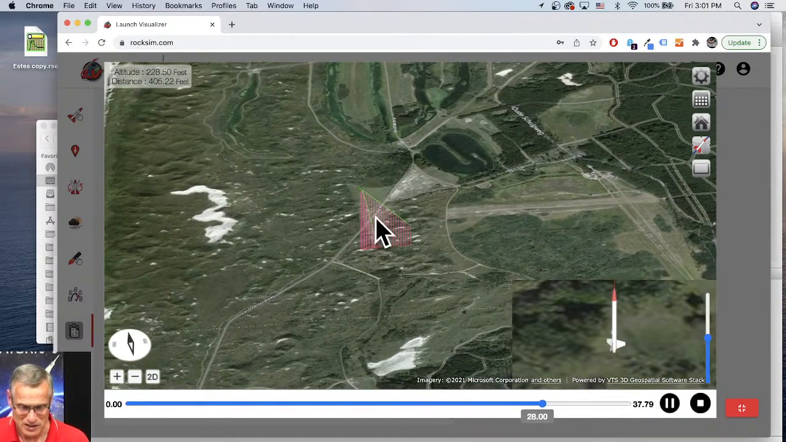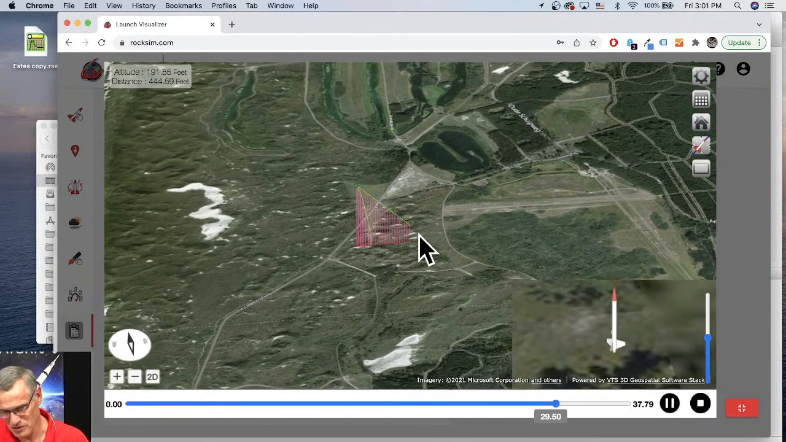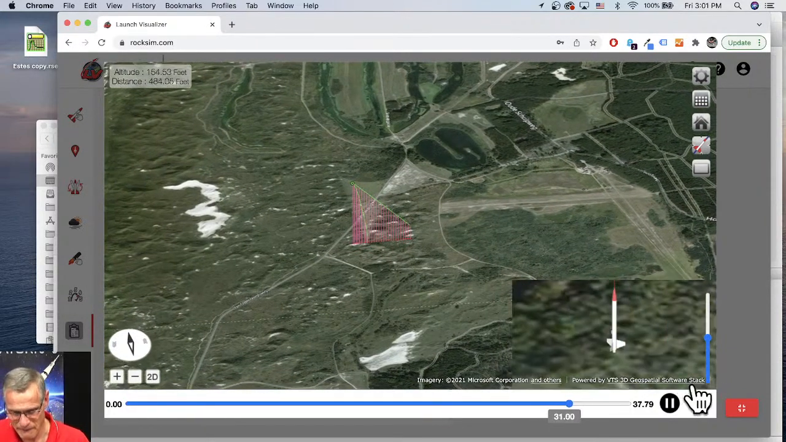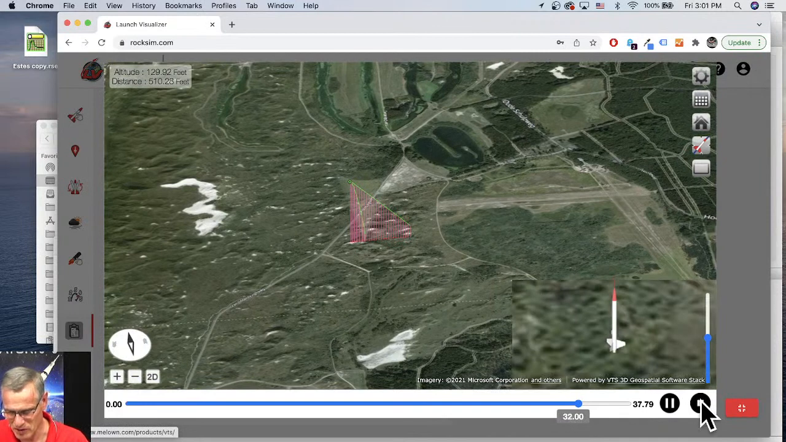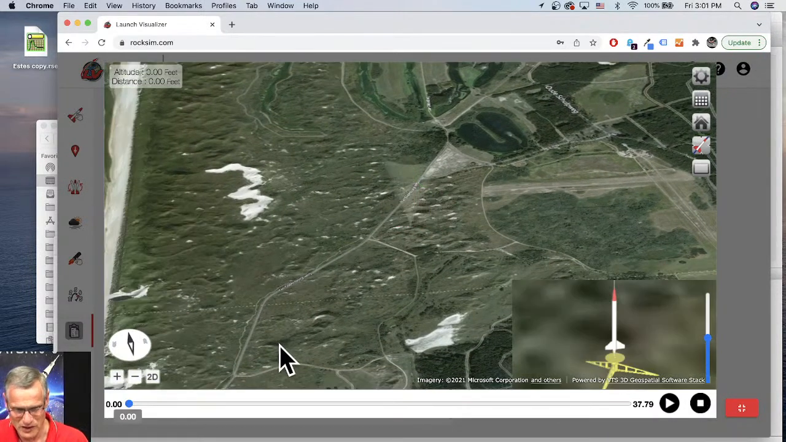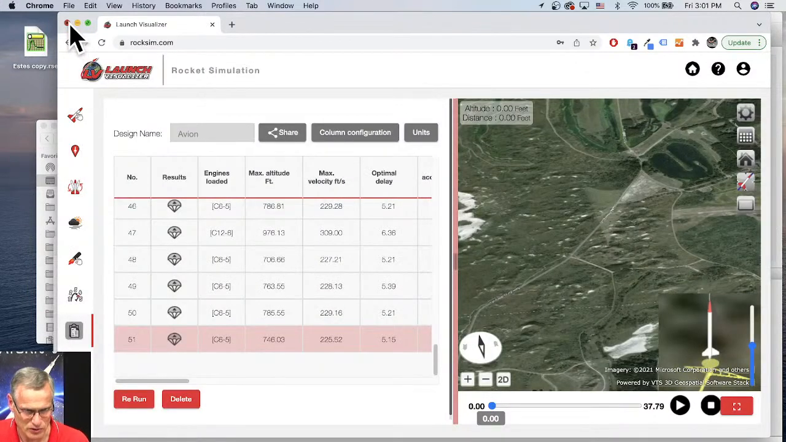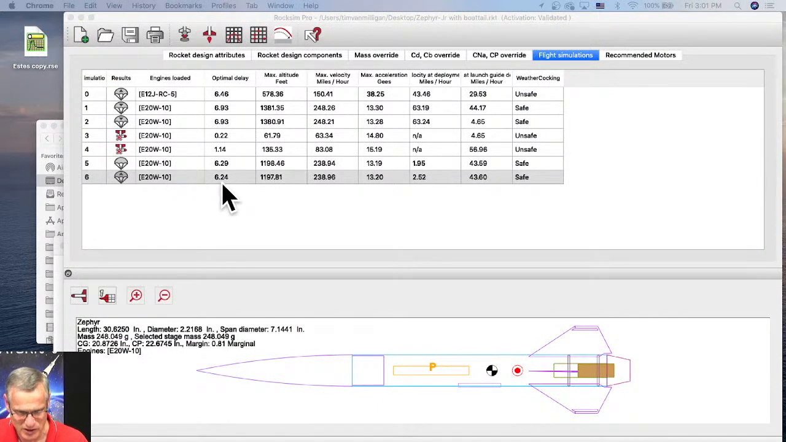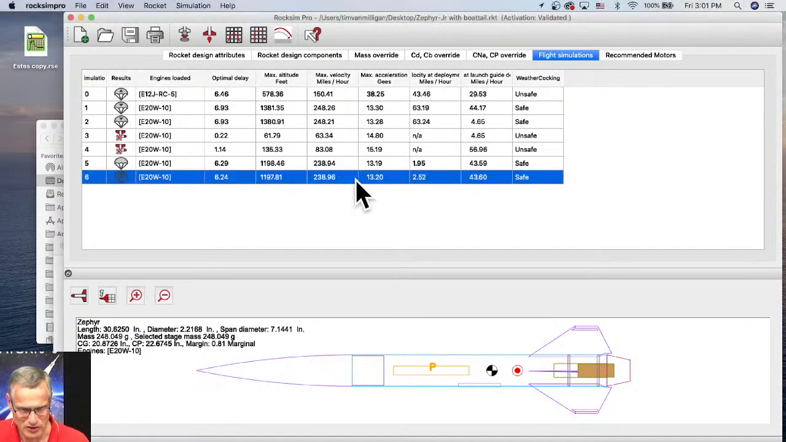So this rocket took off, and it's coming down right there, which is kind of cool. So I'm gonna stop it. Okay, and close that. I'm gonna close the launch visualizer. Let's go back to Roxim Pro because we wanted to see the scatter plot with that other one. Okay, so here's that last simulation that we ran right before we went,